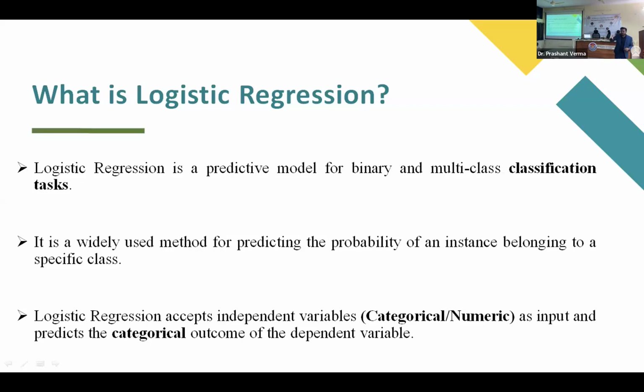It should be continuous. Okay, that is the difference. So here we can have a continuous or categorical variable as input. What we call input is nothing but the independent variables that we talk about. Okay, and the categorical outcome is the dependent variable. As we discussed, the output variable or outcome variable will be categorical.